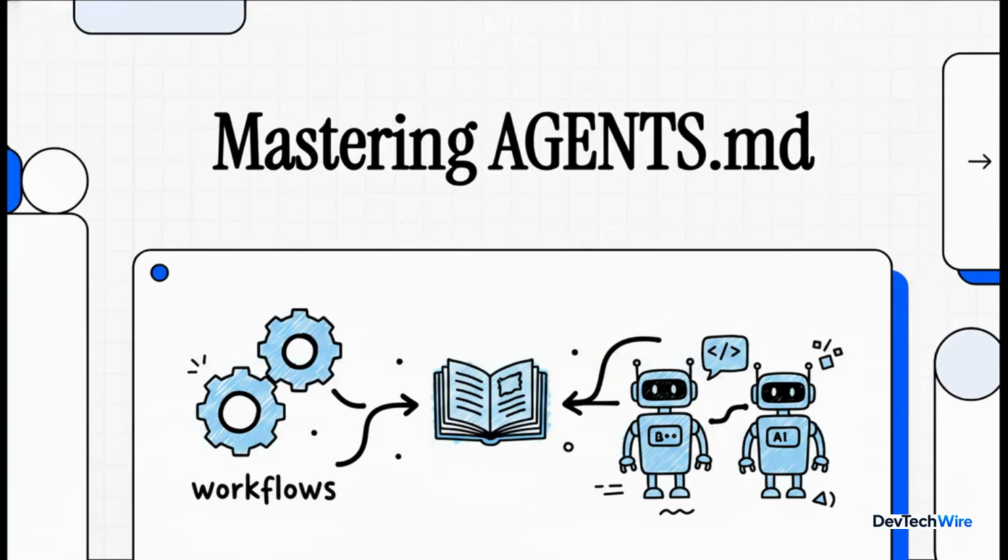All right, let's jump right into this and how to use your Cursor AGENTS.md file to absolutely master multi-agent workflows in 2026. Look, if you've been working with tools like Cursor lately, you already know the landscape has shifted massively. AI isn't just a glorified autocomplete anymore. It's a full-fledged pair programmer. But to get the absolute most out of it, you need to know exactly how to hand it the right